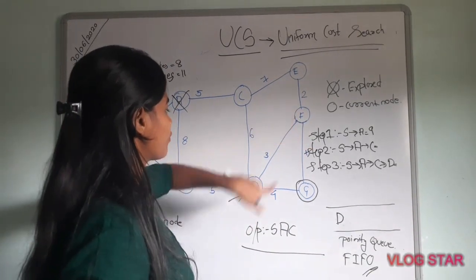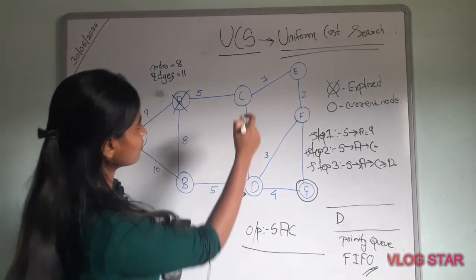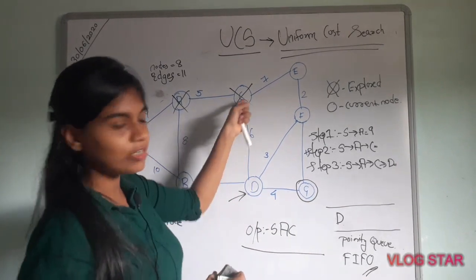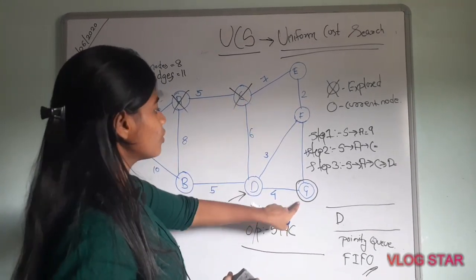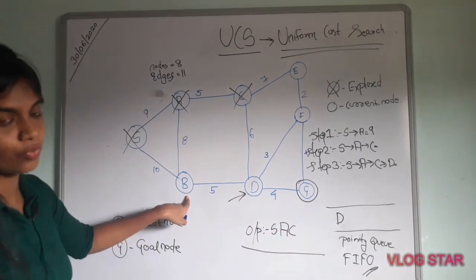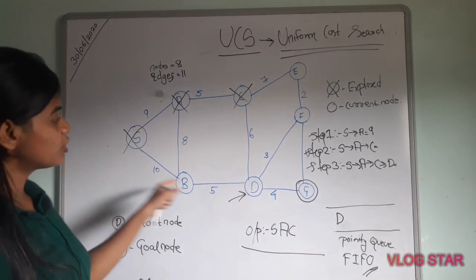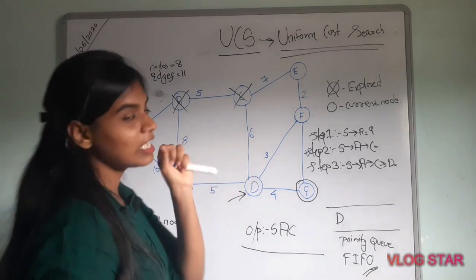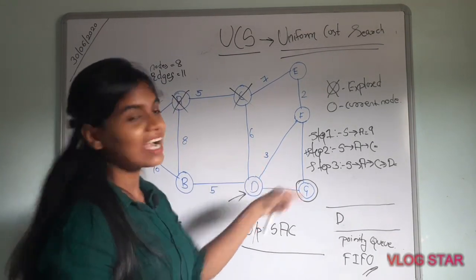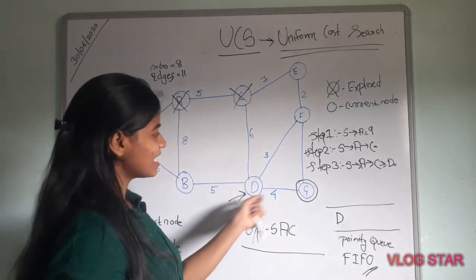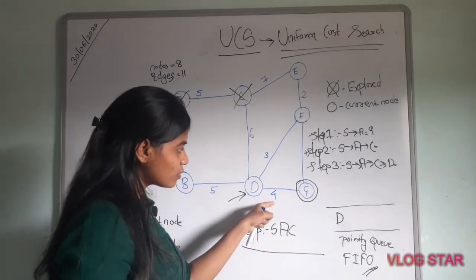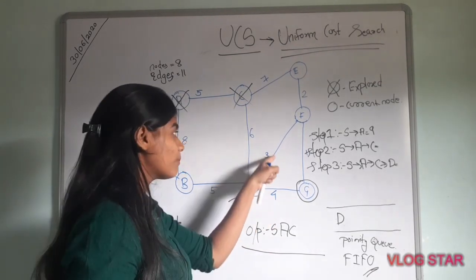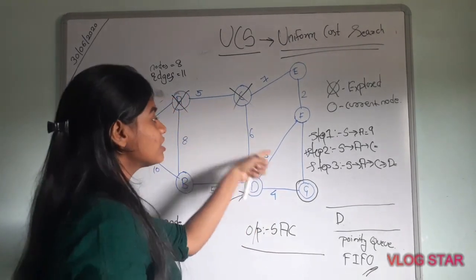Okay, F node, and D is connected to C, but C is already explored, so we don't take C. We will take F, or G, or B also. But we can say here the cheapest node, the least value, is 3. We can't directly jump into the goal node, because you can see the lowest cheapest value is not 4, your cheapest value is 3. So you have to take the cheapest value.